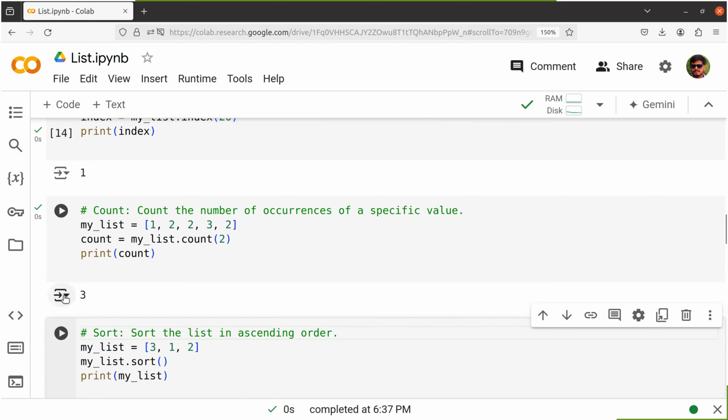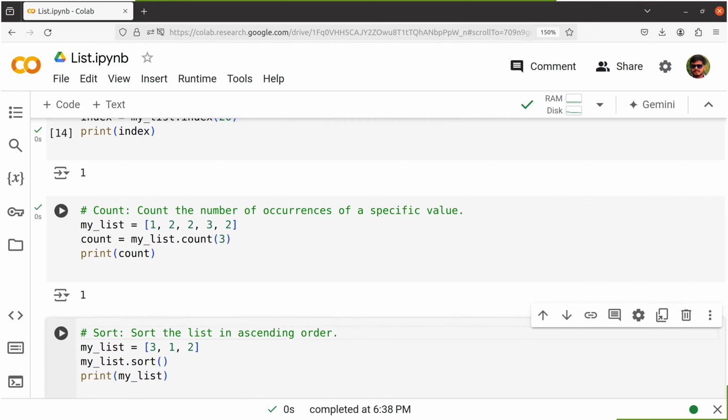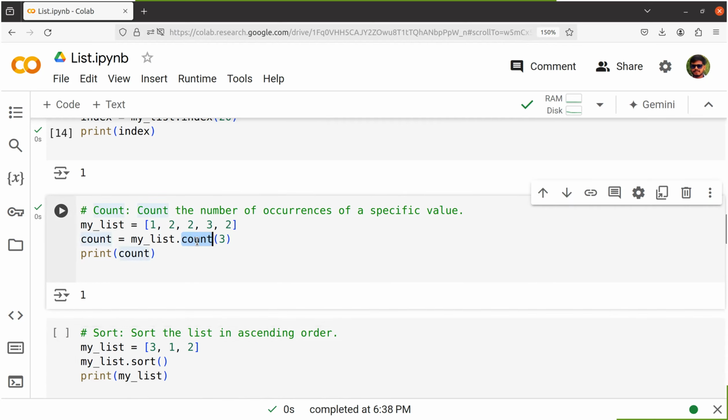1, 2, 3, it has occurred 3 times. For example, if we want to know the count of 3, how many times has it occurred? One time. Like this, by using the count method, we are able to fetch it. And